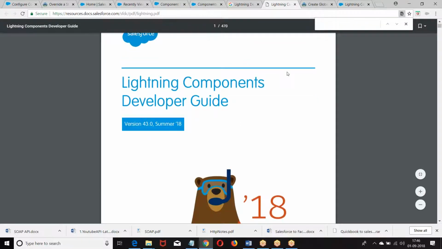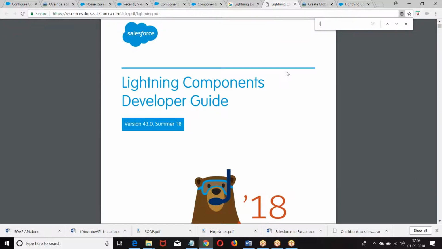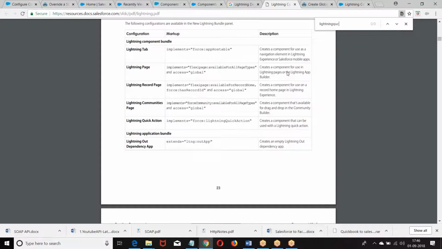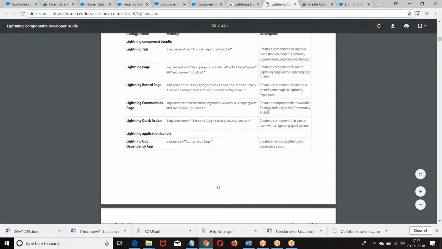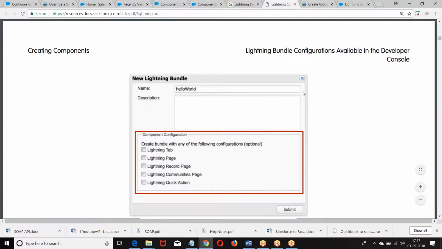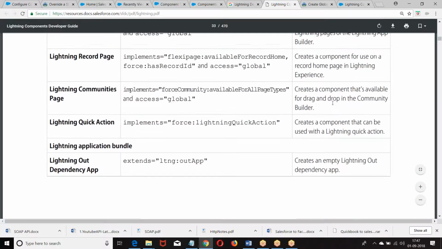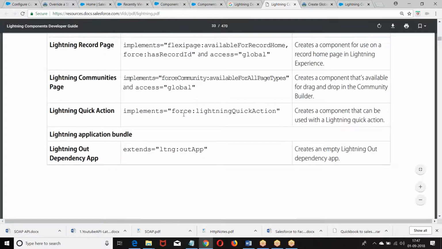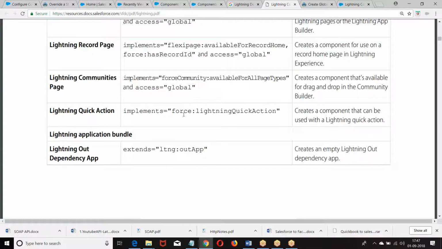Let me show you. Yes, here, look at the point. So what was the interface we had here? Implements force:lightningQuickAction.